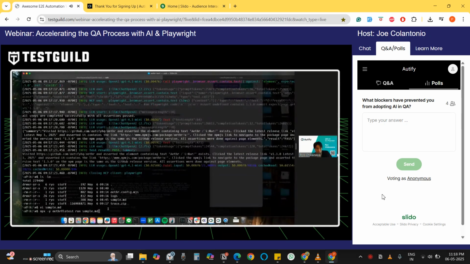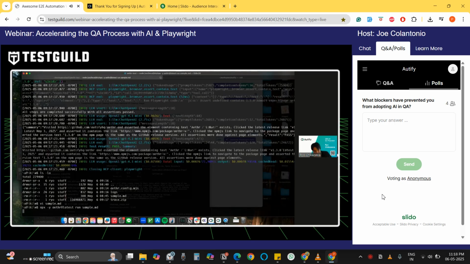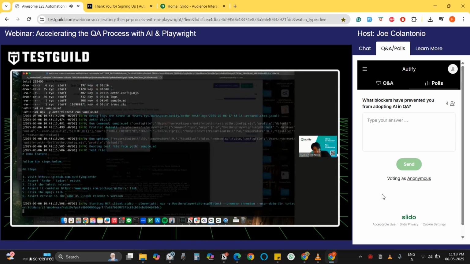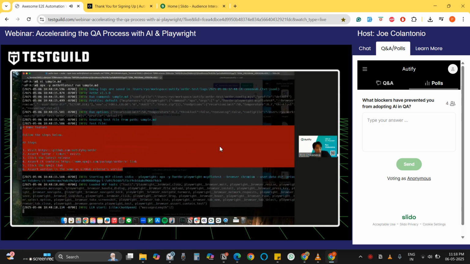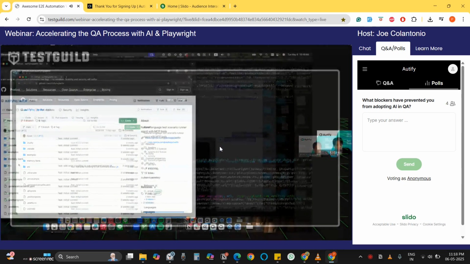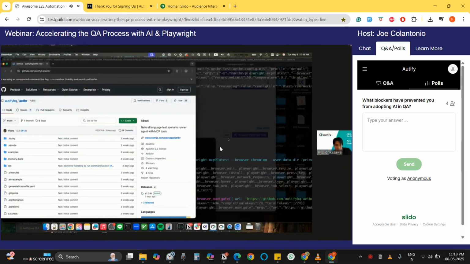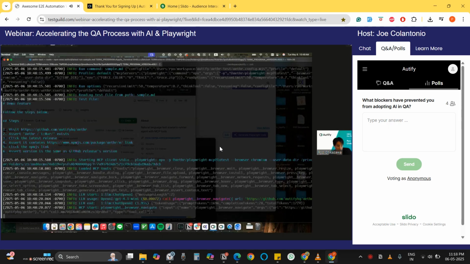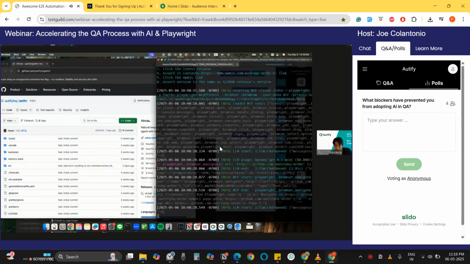You see my screen okay, right? When I run this, it's going to use the LLM to run this markdown file. Then it opens up the browser window and tries to interact with this browser